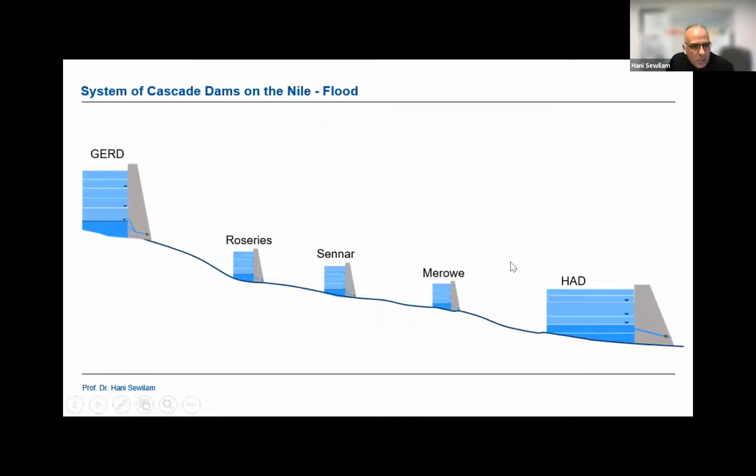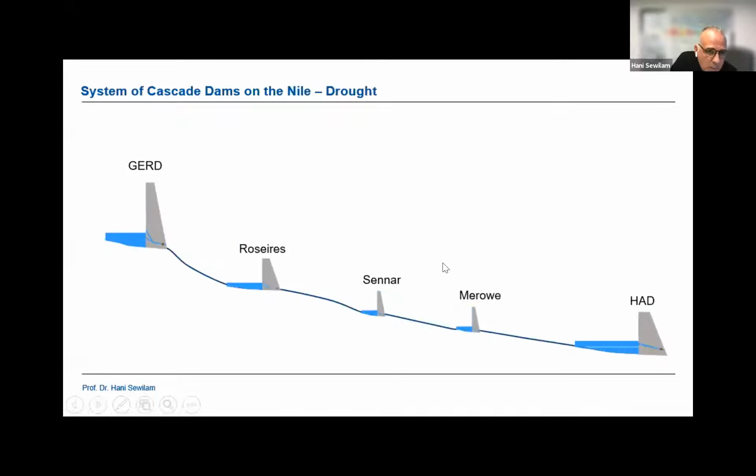But with the climate change, we said two things will happen. Hydrological extremes means more flood, more frequency of flooding, and more drought, which means that if your flood is coming from the left to the right, which is the flow direction, then the way you release water here will enormously affect the other dams. So this dam might be washed away by a wrong operation here during the flood time. So there should be a type of agreement and collaboration between them. The worst is the case of drought.